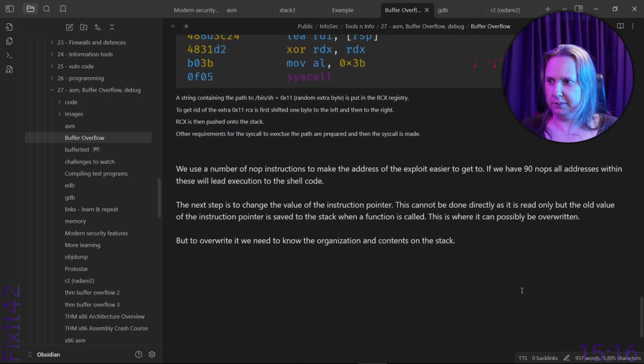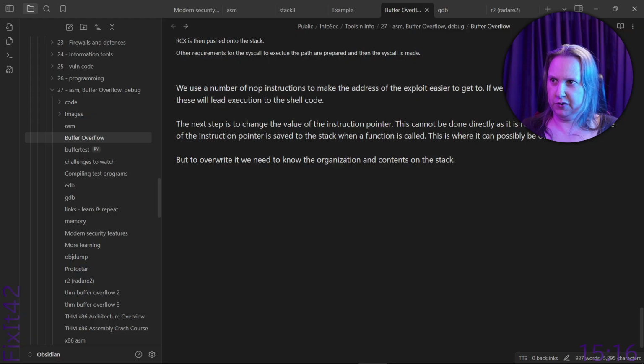But to override it, we need to know the organization and contents of the stack, and how the instruction pointer is saved,